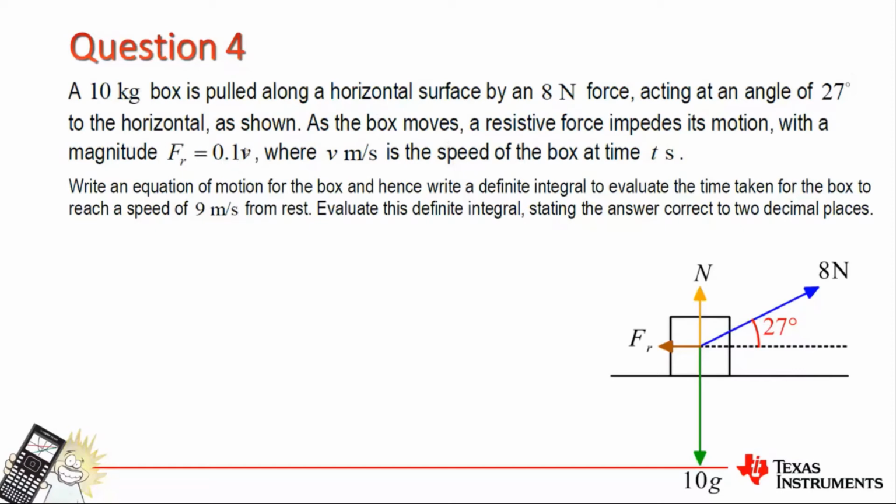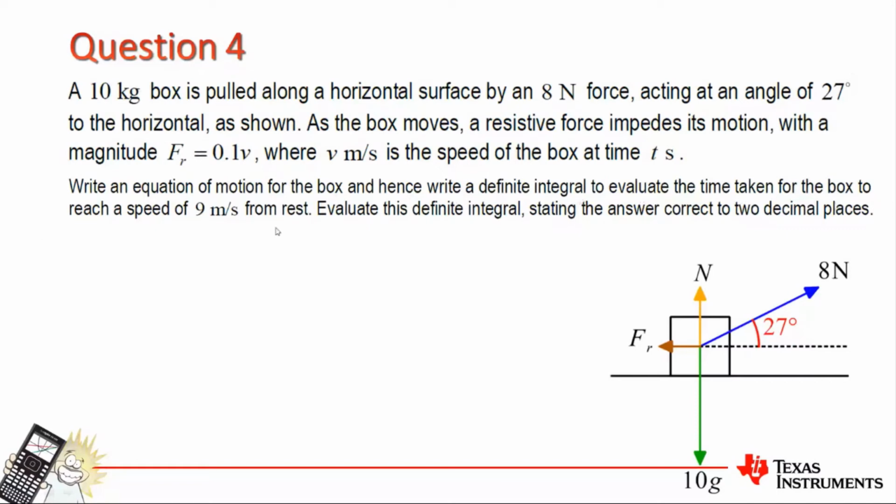Typically speaking, though, it actually normally reacts to velocity squared, but for simplicity, we just have a linear resistive force. Because of that variable force, that does bring in something called variable acceleration, which we will look at very soon. So first things first, we're going to write an equation of motion for the box, and hence write a definite integral to evaluate the time taken for the box to reach a speed of 9 meters